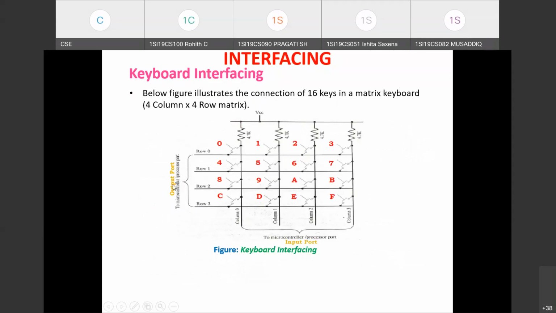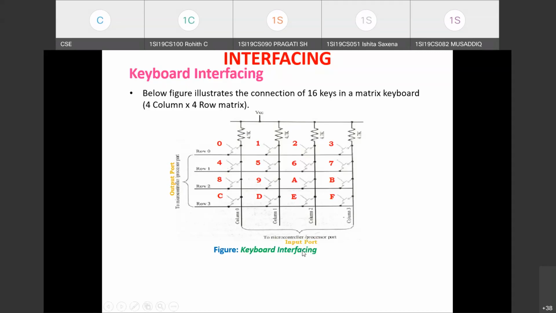Rows are connected to port pins of the microcontroller and columns are connected to port pins of the microcontroller. The column lines are connected to one port, which is an input port, and other port pins are used for connecting to the row lines.